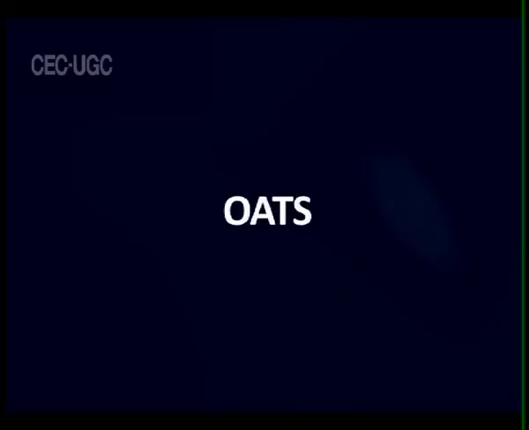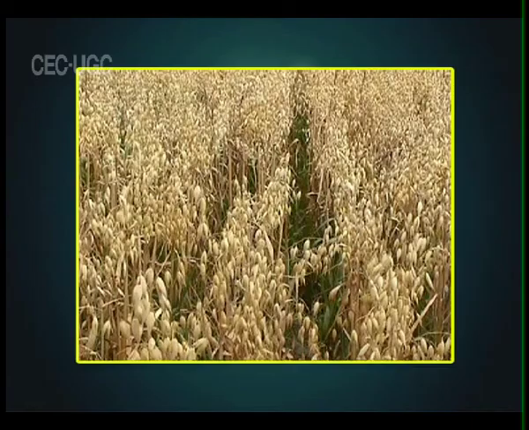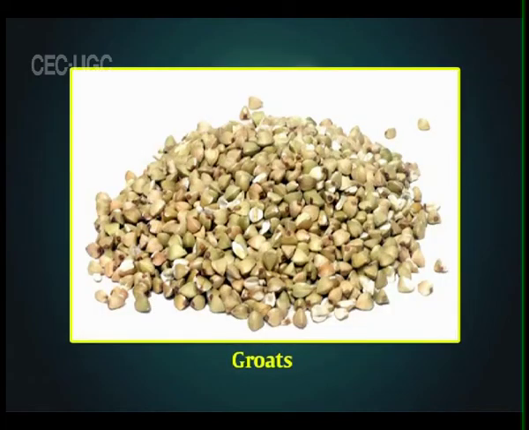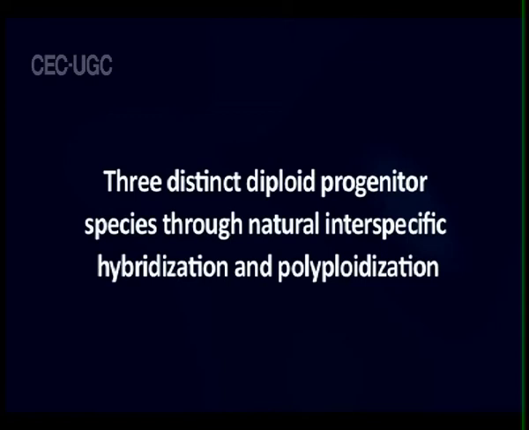Oats, Avena sativa, belonging to the family Gramineae, commonly known as oat, groats, or haber. The word avena is derived from the Sanskrit word avi, meaning sheep, or avasa, meaning foodstuff. Oats are a polyploid crop which evolved from 3 distinct diploid progenitor species through natural interspecific hybridization and polyploidization. An important characteristic which distinguishes Avena sativa from many wild oat species is that Avena sativa does not shed its